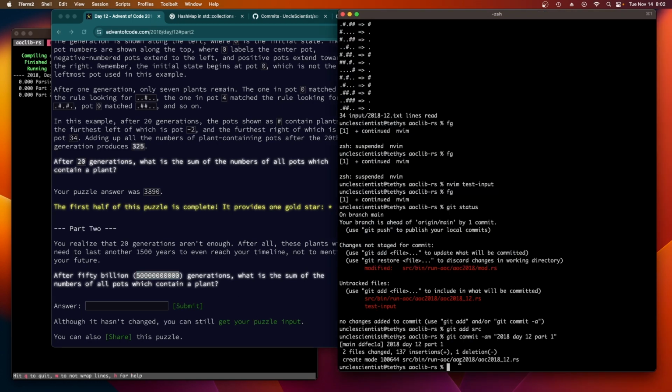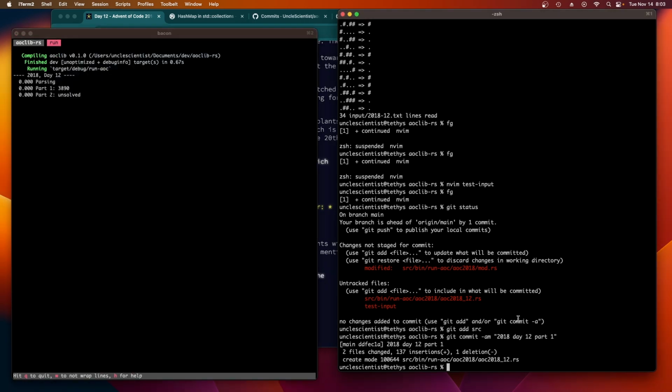All right, so obviously we're not going to do 50 billion generations. Maybe in 10 years we could just brute force that, but that's not going to happen now. So we need to be smart about it. And the only thing I can think of that's going to happen with this puzzle is that it has a repeating pattern. That's the only way to do this. So yeah, it definitely means I need to clean up part 1